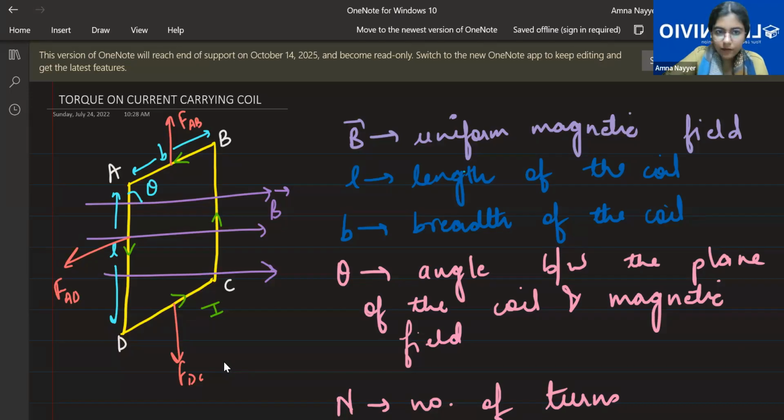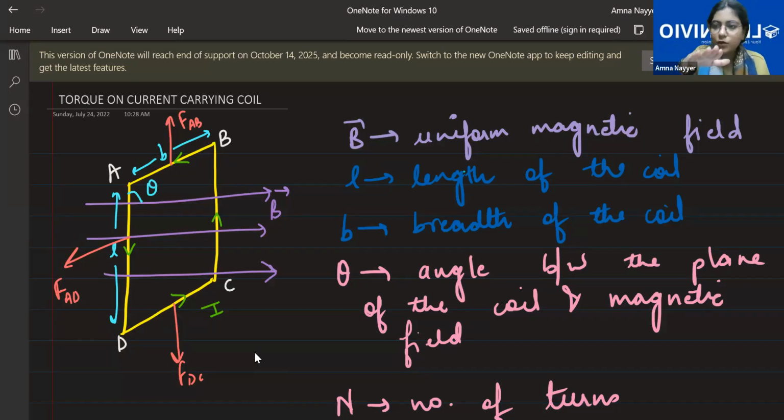Ma'am, I don't get the difference in what you just did. I did the opposite, but I'm getting upwards. How? Ma'am, current is going inside the screen. Can you see that? Yes. So you will also point your hand towards the screen. Yes. Okay. But now where should I tilt it? Where should the palm be facing?